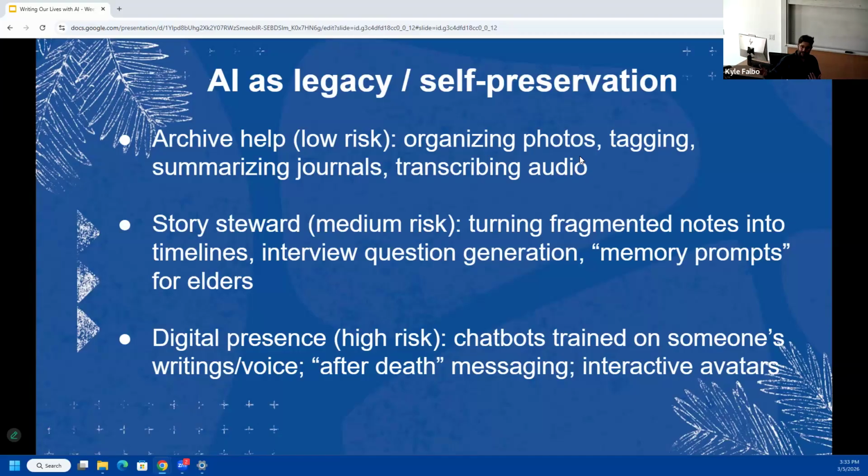And maybe there's a value to that, right? I've shared with you how you can use AI for memoir writing. And if you've been sharing your stories with AI and you've got a voice clone of your voice, it's very easy to start getting into this kind of after-death messaging space of an AI avatar of yourself, right? Your children can call up and ask you the recipe they grew up with, and your own voice could be reciting it back from your own notes that you've provided it. So a lot to consider in that space too.